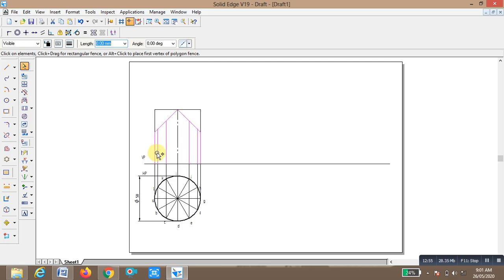See, this is the retained portion, this upper portion corners are cut off.